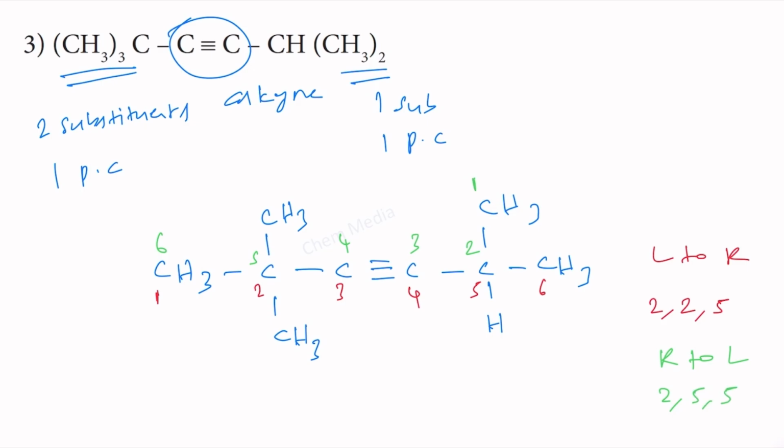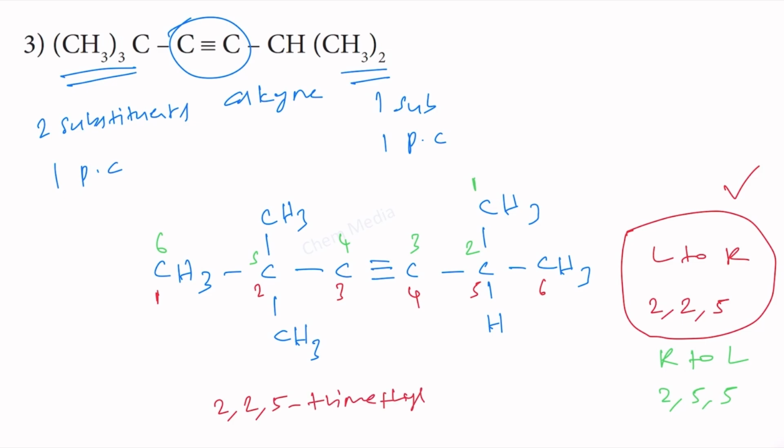In either way, the alkyne is coming at 3 position. However, here the methyl groups are making the difference. So, the left to right is the correct way of numbering here, because that gives lower numbers 2, 2, 5. Therefore, that is the correct numbering scheme here. Therefore, the IUPAC name is 2, 2, 5 trimethyl hex-3-yne. That is the correct IUPAC name for this molecule. Here is our next example,